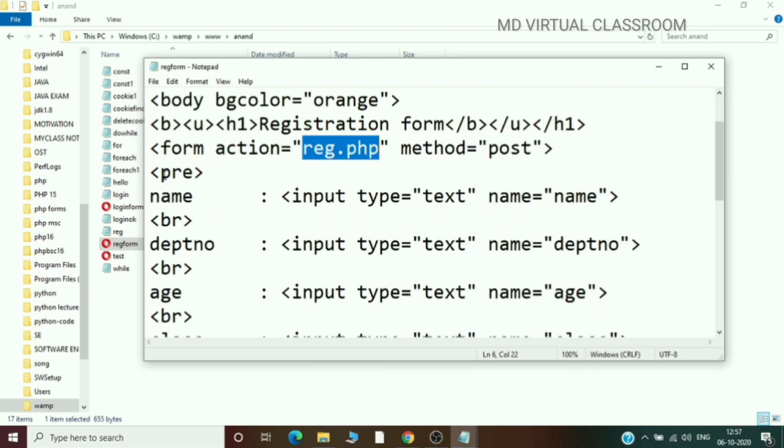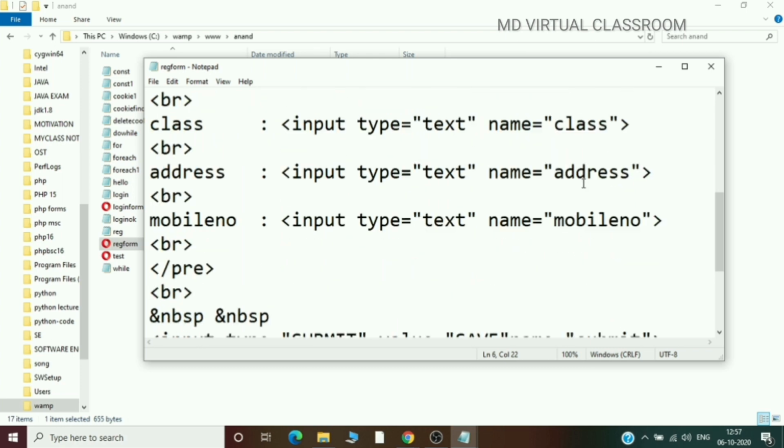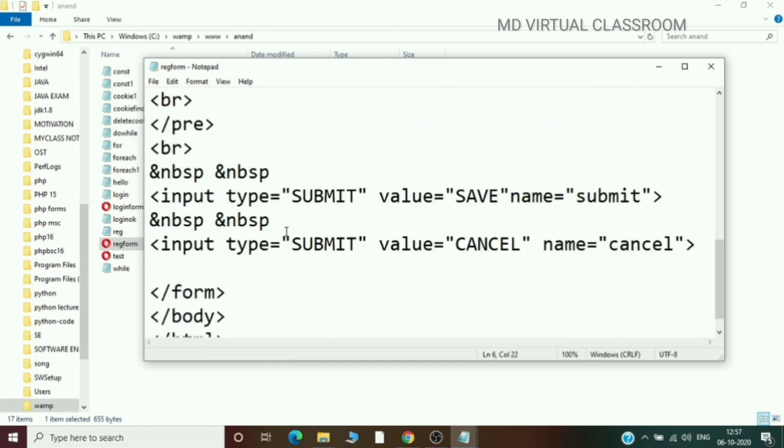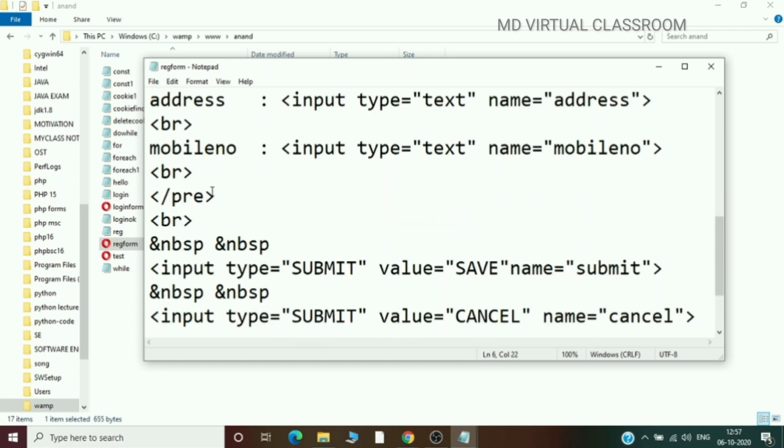Then using the pre tag, I want to display the output as it is, how I am typing it here. So name, input type is equal to text, name is equal to name, then department number, age, class, address, mobile number. For each line I am giving a break, then closing the pre tag.